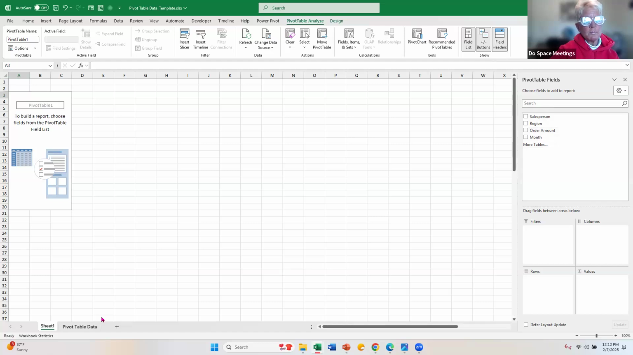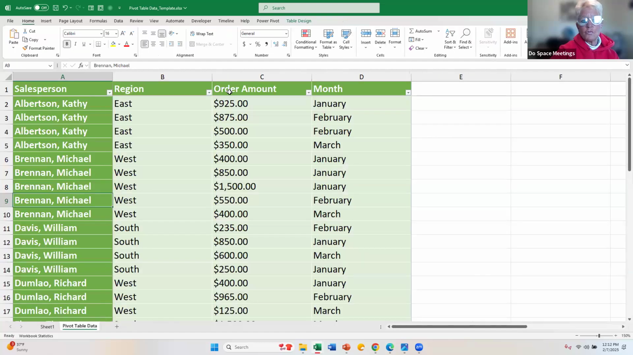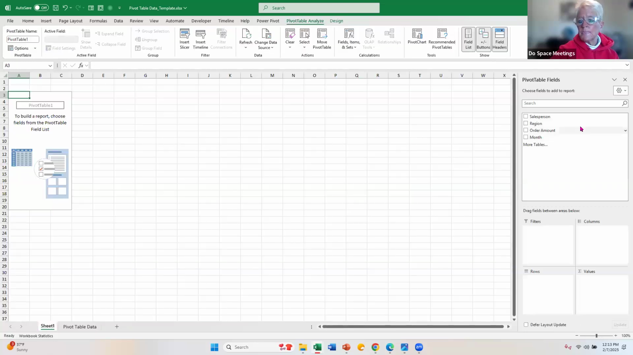If I come over here to pivot table data, there are those 4 fields again. And if I were to add to my table array, it would add that field in my pivot table. But we have 4 fields, and down below we have 4 different areas, or quadrants is what I call them. One for filters, one to arrange information in columns, one to arrange information in rows, and one to look at